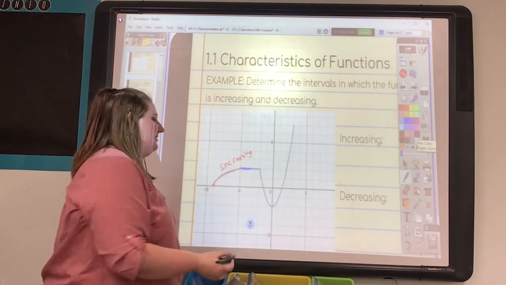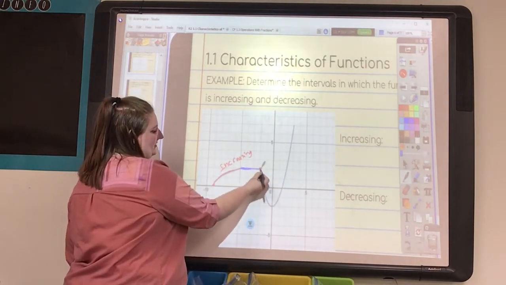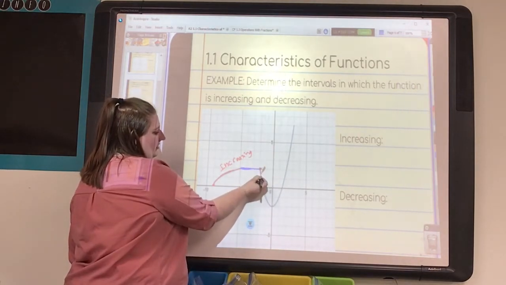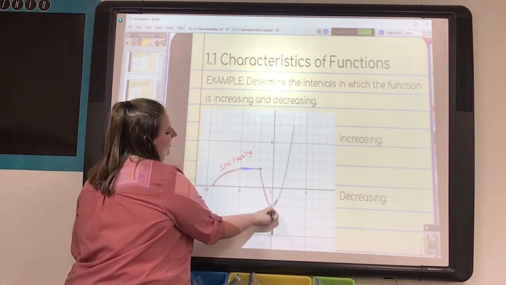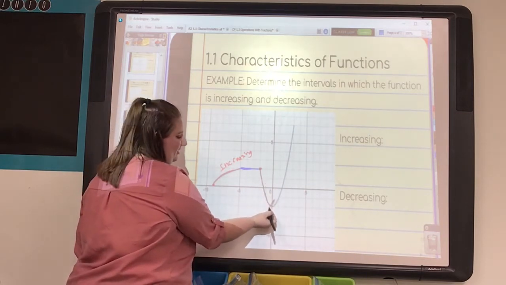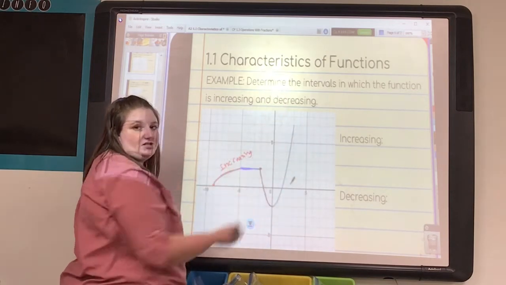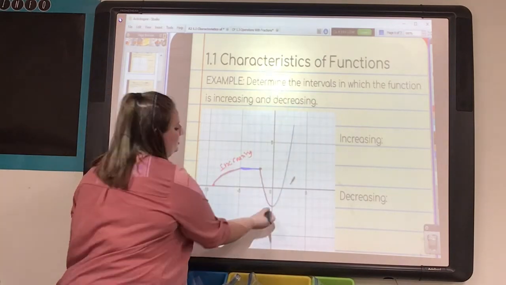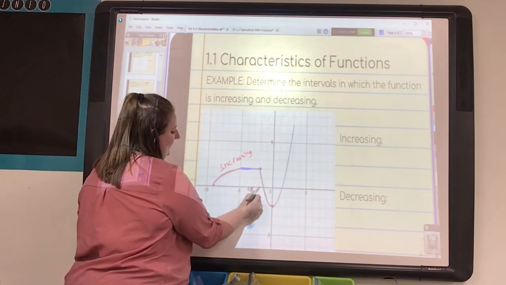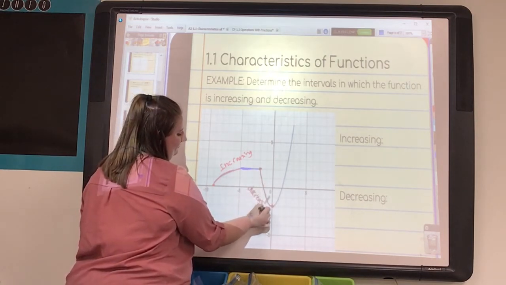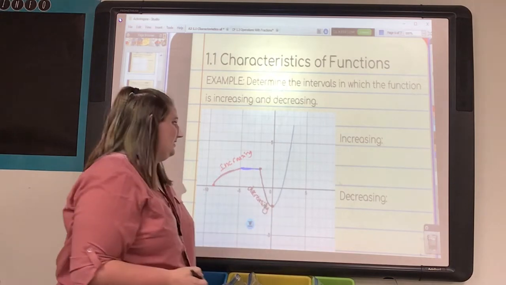All right, then we get here to whatever this point is, and our graph starts to curve downwards as we go to the right. When we get to this point, and then all of a sudden, if I keep tracing, my hand's going to start to move back up the graph. So I'm going to stop here, and this section is going to be a decreasing section. And then to finish off,